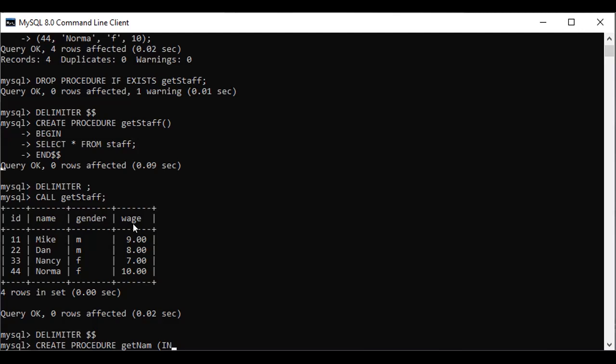Parameters should be alike with the column name. So now I'm creating a parameter for the gender. The parameter name will be new gender; we can keep any name. And the data type of the gender was CHAR(1), so I'm putting CHAR(1), like this.